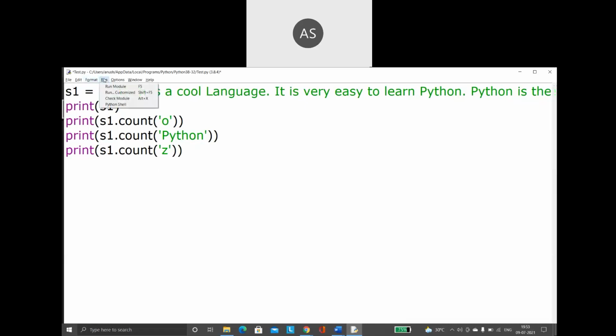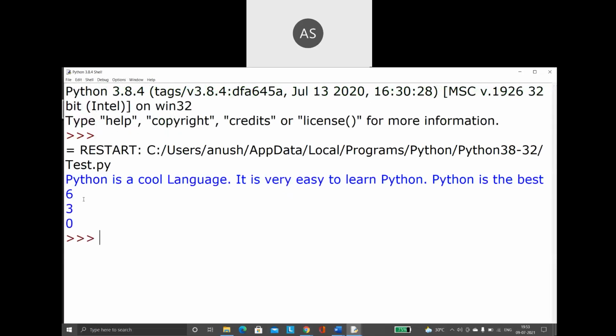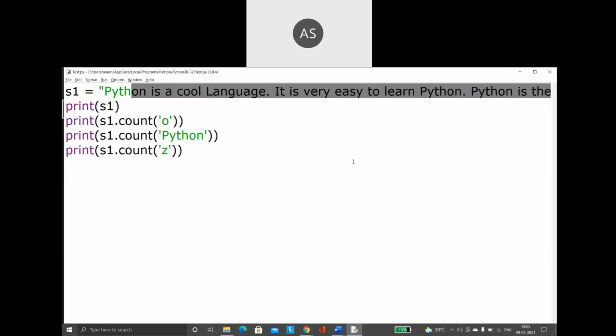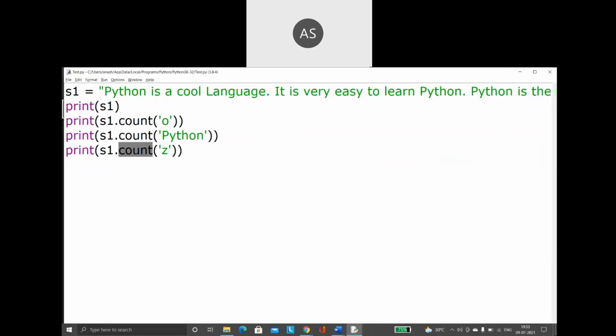When you run this piece of code, see what output you get. For O, yes, it is present, so it will give a value. For Python, yes, it is present, so it is going to give a value. But for Z, it is going to give the number 0. Why 0? Because that particular character is not present inside my string. It is not at all available inside my string. So that is why you are getting the output as 0.